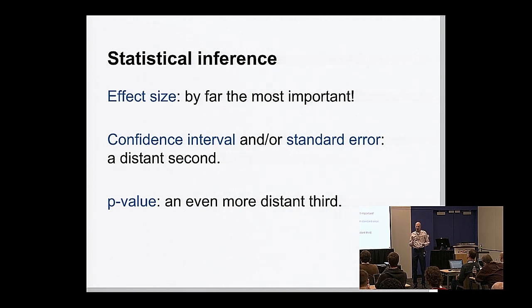Some people go as far as to say that it is completely useless. I'm going to stop just shy of that and say that it is a useful checkbox to avoid a certain kind of error, or at least to warn you if that error is likely. But again, if you only report one of these things, or if you have to leave one out, the p-value is the best thing to leave out. I'll explain why I'm saying this.